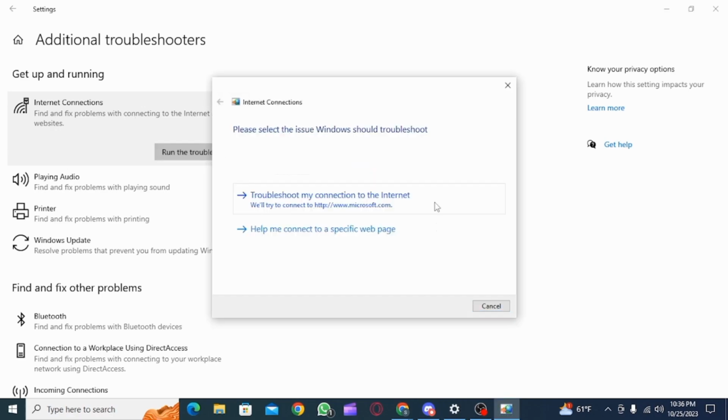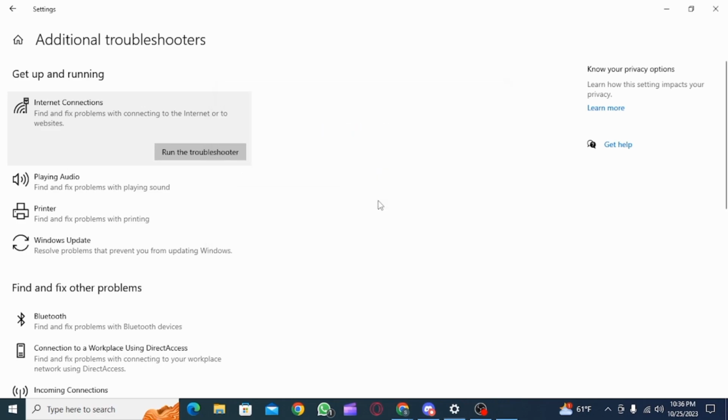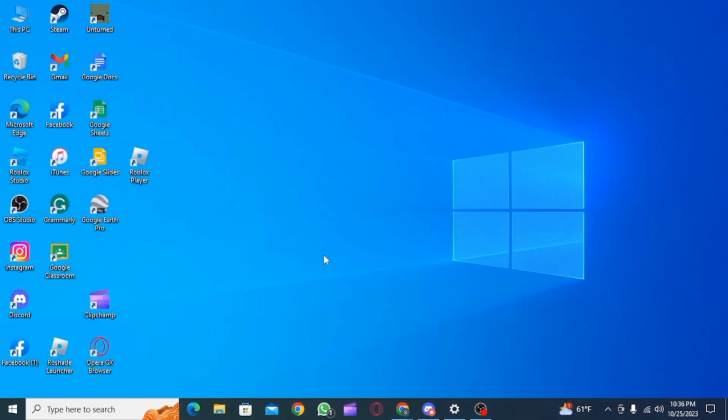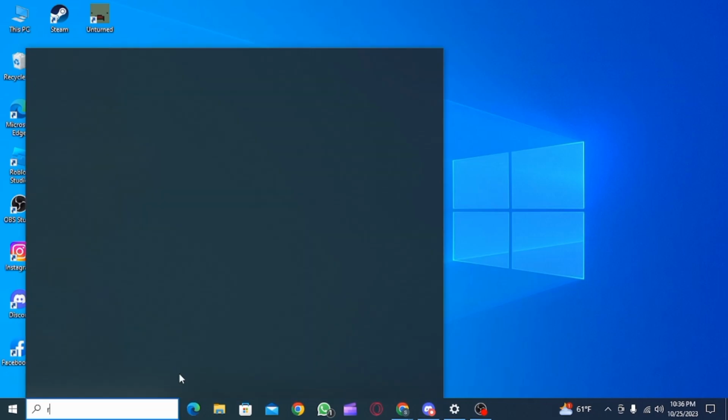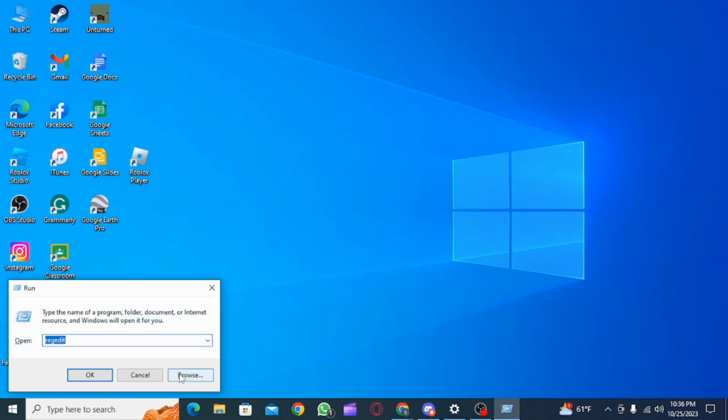Then you can select the issue that you're facing, and after this, the troubleshooter is going to detect if there is any issue with the internet connection, and then it is going to fix the problem with connecting to the internet or websites. After this is done, step number 2 is go to your search bar and type Run, then press